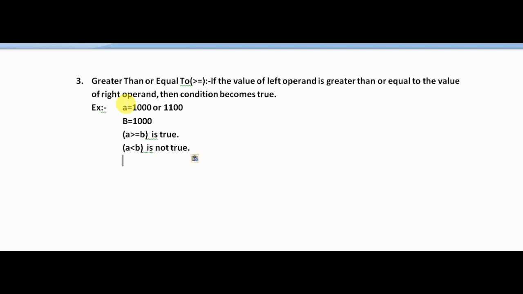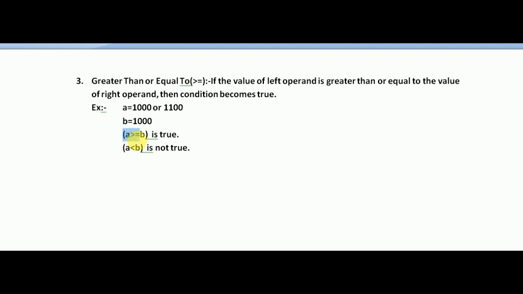Now the next one is greater than or equal to. If the value of the left operand is greater than or equal to the value of the right operand, then the condition becomes true. Here we have 1000 or 1100 for variable a and 1000 for variable b.